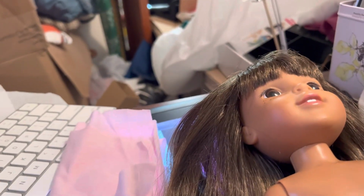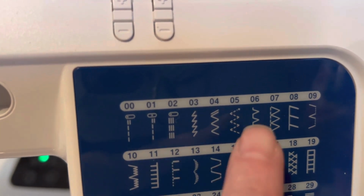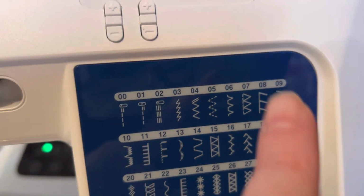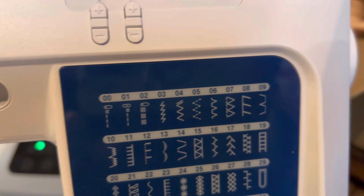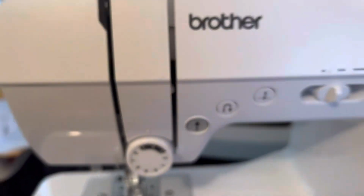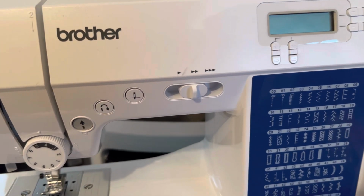I like the look of the lightning stitch. Let me bring it over here. I was using this stitch, not a zigzag, because I don't like the zigzag. This one looks more like a straight stitch, and it's not breaking when I pull, so it's a good stitch. It doesn't break when I stretch the fabric out. This seam doesn't come undone or pop. So it's working. I have a Brother machine here. I'm just at my wit's end with knits. I know I need to keep experimenting, but